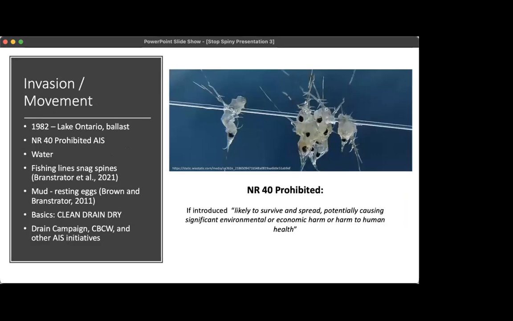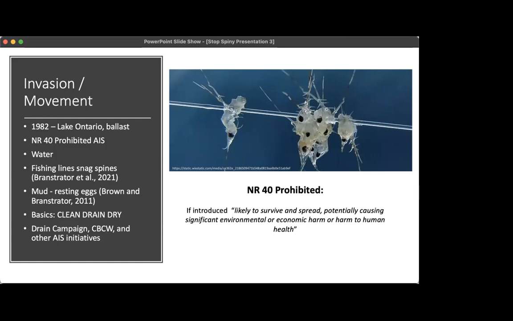So if they're invasive here in northern Wisconsin, you might ask, where do they belong? Where did they come from? Well, they're native to northern Europe, and they arrived here in the Great Lakes very likely through the transport of ballast water in transatlantic shipping vessels, which then come up the St. Lawrence Seaway and exchange their ballast water here in the Great Lakes. They were first documented in Lake Ontario in 1982, and they subsequently spread throughout the rest of the Great Lakes, including Lake Superior, and to some of our inland waters as well.